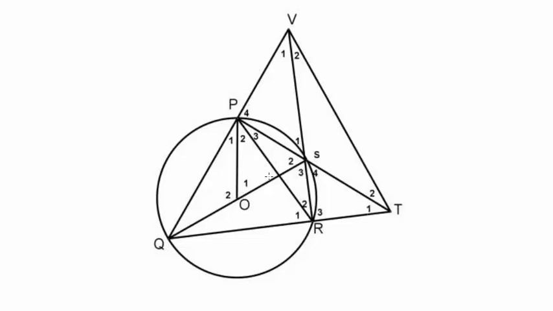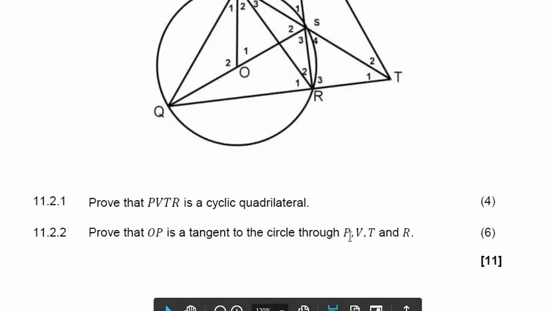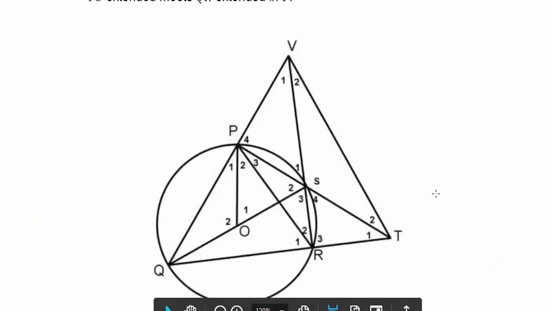Now what tangent theorem applies? The tangent-chord theorem, where the angle is between the tangent and a chord. So in other words, here's the tangent, what would be a chord in this imaginary PVTR? So here's the circle, PVTR is now imaginary there. They ask me to prove that OP is tangent to PVTR. So here's the tangent line, give me an angle between.